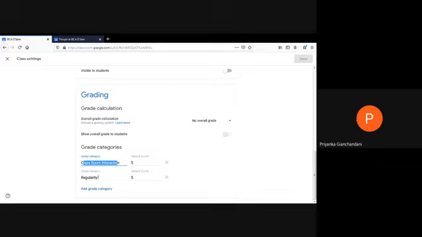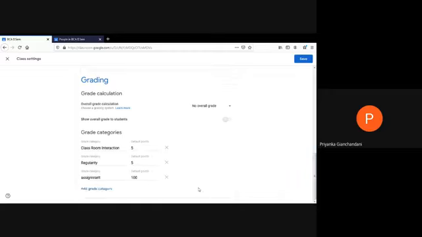So I'll give them marks in this regularity category. If you want to add any new grade category, you can always choose it from here. So let's say I'll enter a new grade category as assignment submission. In this grade category, whatever marks you want to assign, let's say I've given 5 marks, so I'll just put 5 over here, and I'll click on the save button.